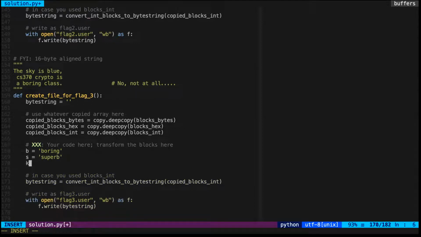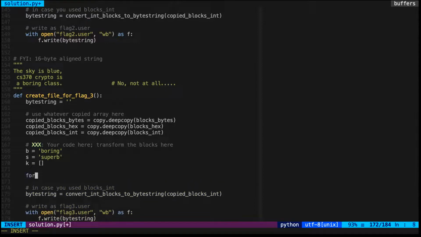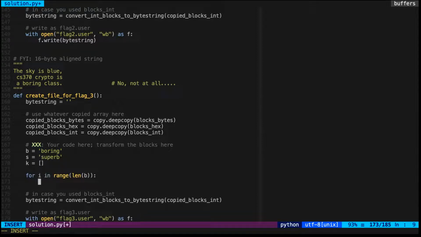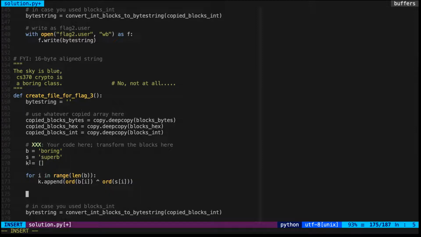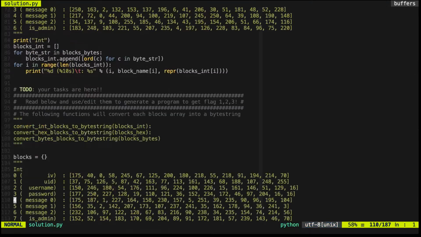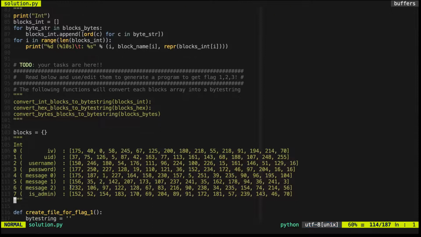Then we can prepare the key array. So from 0 to 5, what we will do is key will store the integer value of each character of the string boring, XORed with the integer value of each character of the string superb. And then key will store that. And what we will do afterwards is that message block 6 will contain the superb,